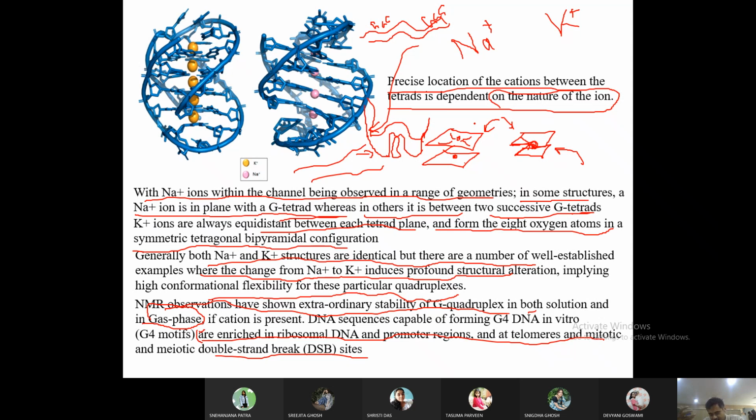So I am telling, and scientists have also shown, that G quadruplex is extraordinarily stable due to these strong ionic interactions. But still, if you leave a single stranded DNA inside the cell, it may not be a good thing for the cell itself, because single stranded DNA is much less stable than double stranded DNA. It may be attacked by nucleases also. Though there are proteins which can bind to single stranded DNA.